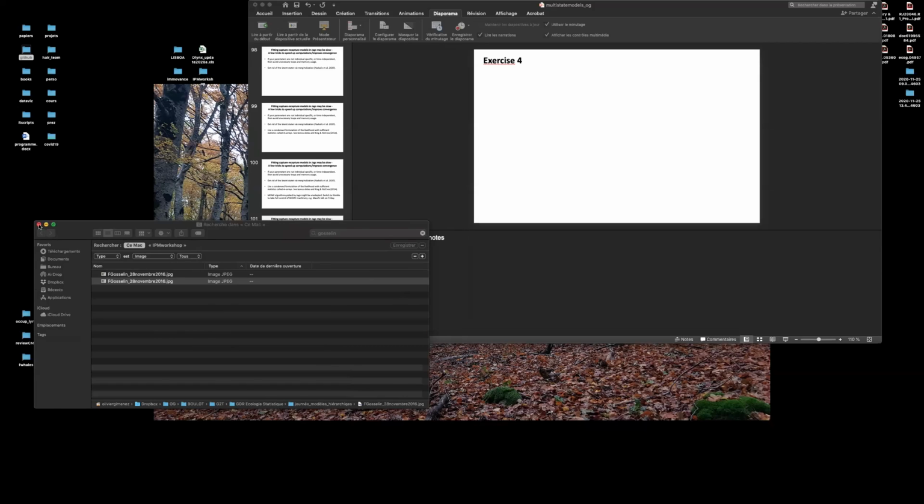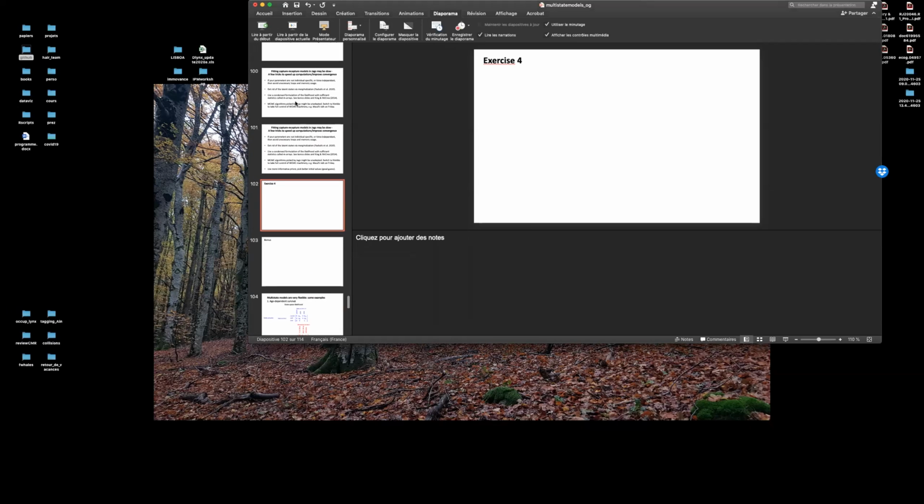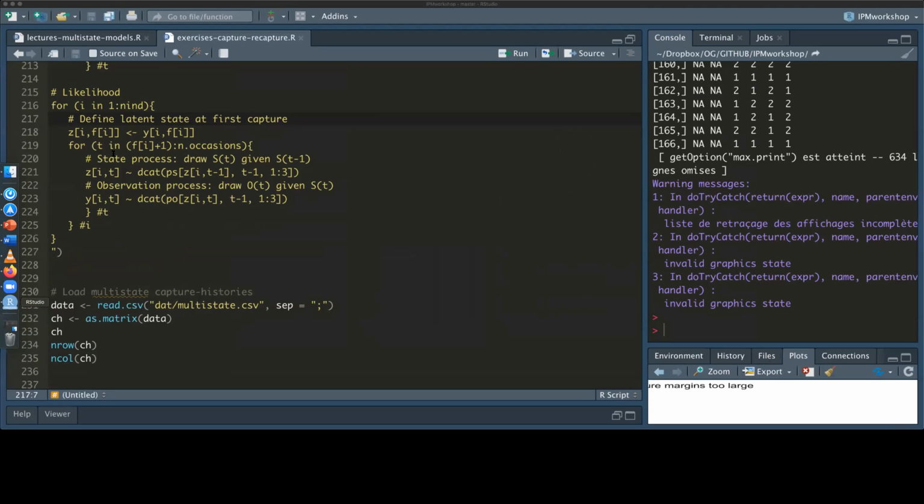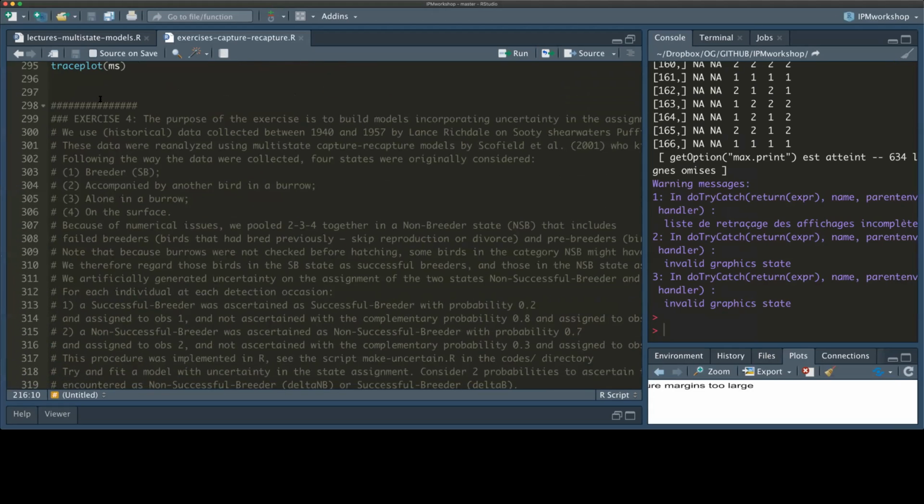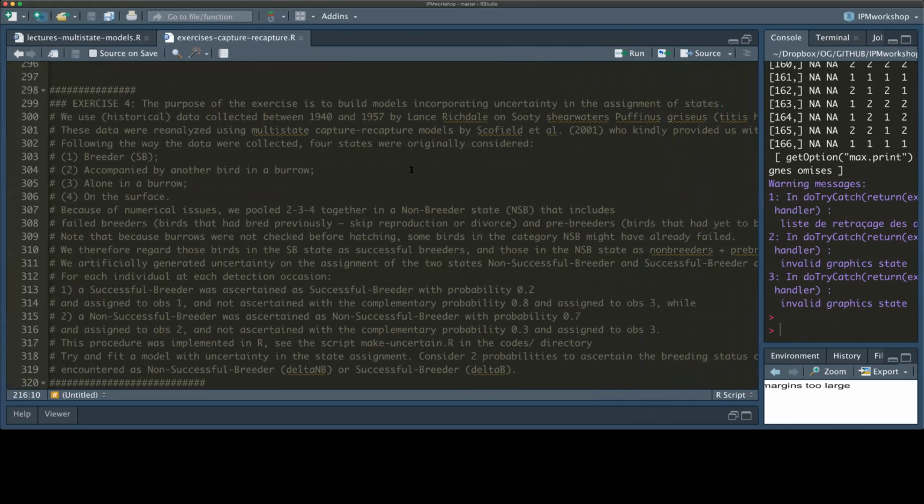So to finish up the day, the idea is to go through an exercise on multi-event models. So it's exercise 4. And the aim of the exercise is to build models incorporating uncertainty in the assignment of breeding